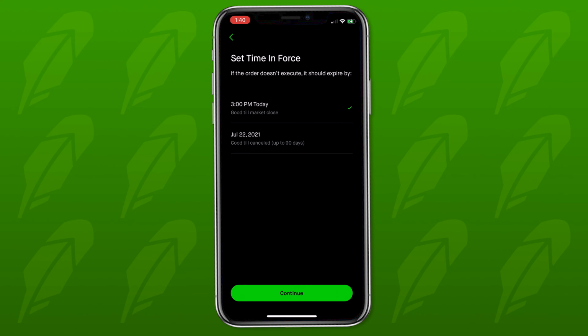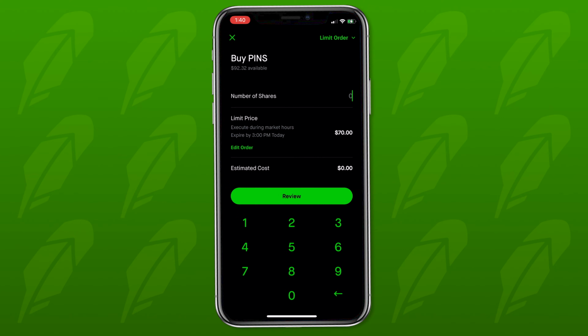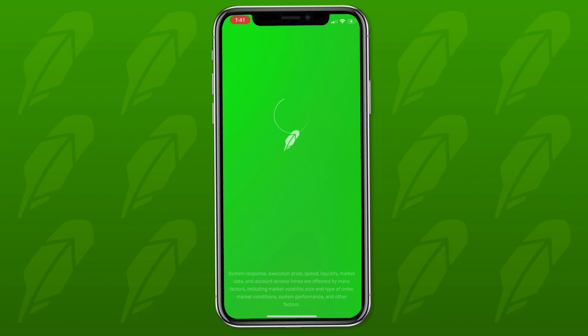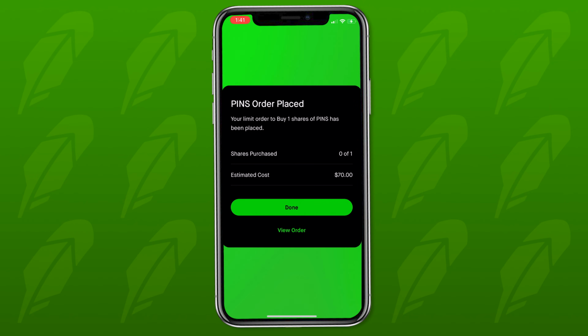If you want that order to stay open for longer, then you can select that other option. Now it's going to ask us how many shares we want to buy at that limit price. When you enter a number, you'll see that estimated cost will update at the bottom. So I'm just going to keep this at 1. I'll click review, and then we swipe up to submit the order, and now we see that our order is